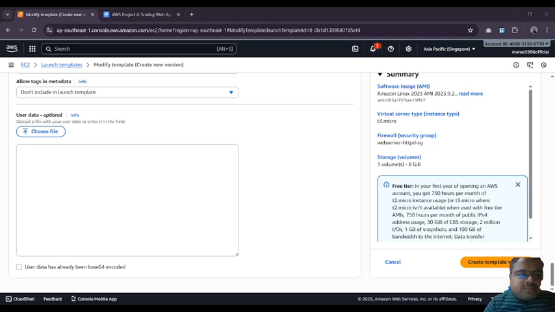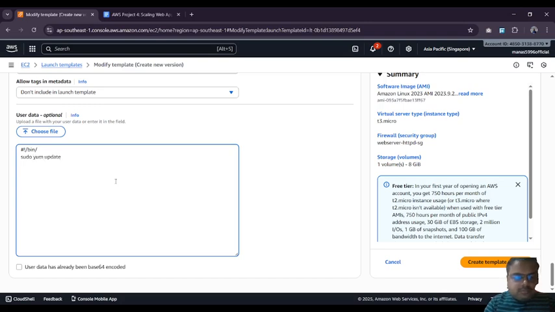In the user data, we are going to write the script, something like this: a bash script. sudo yum update -y, then sudo yum install httpd -y,